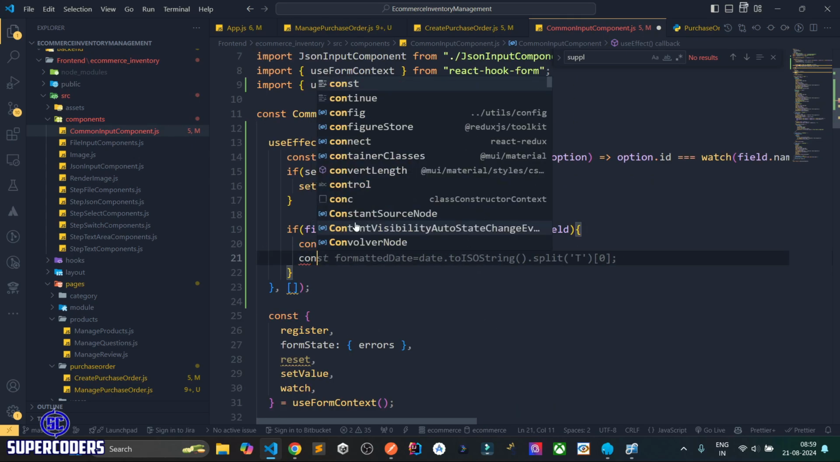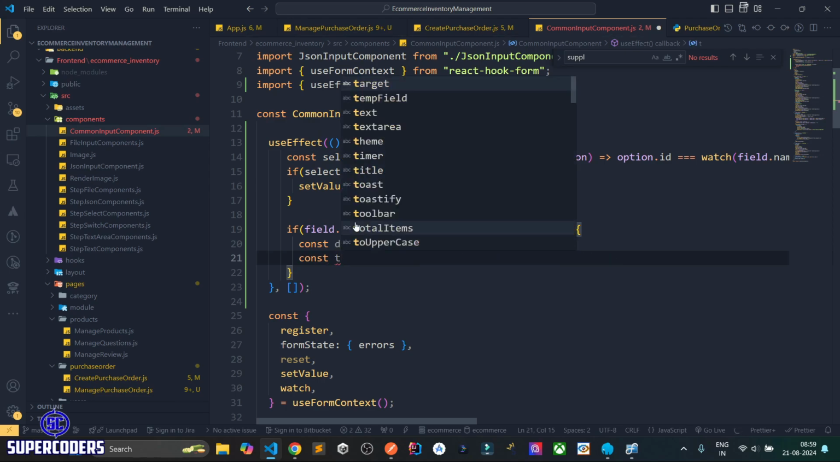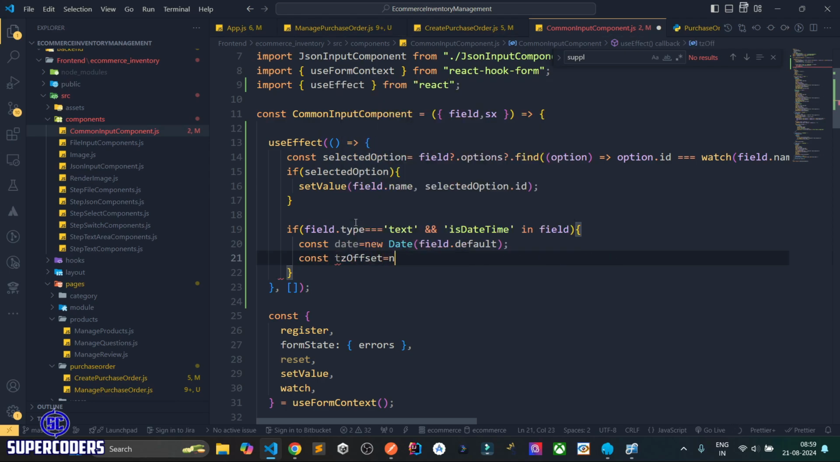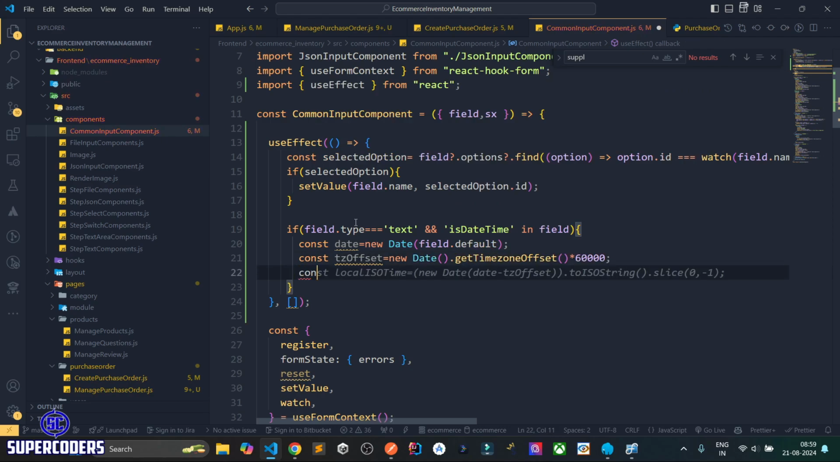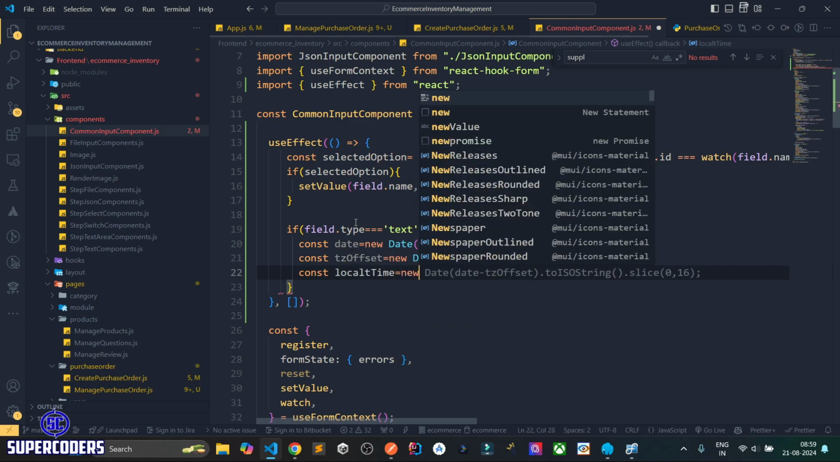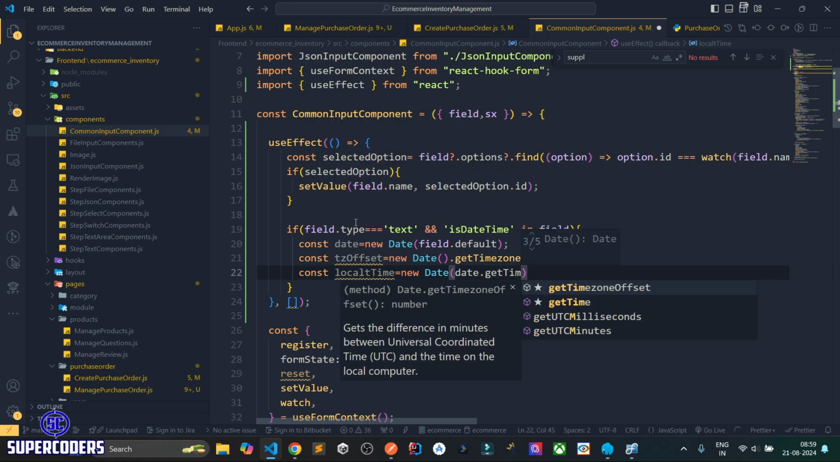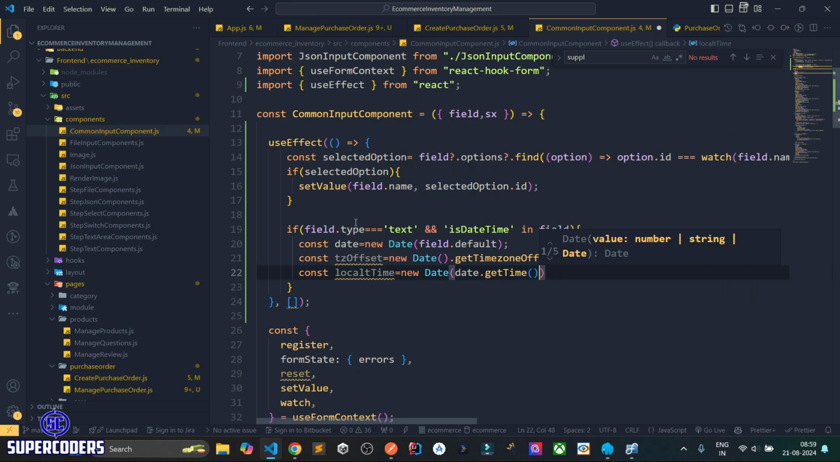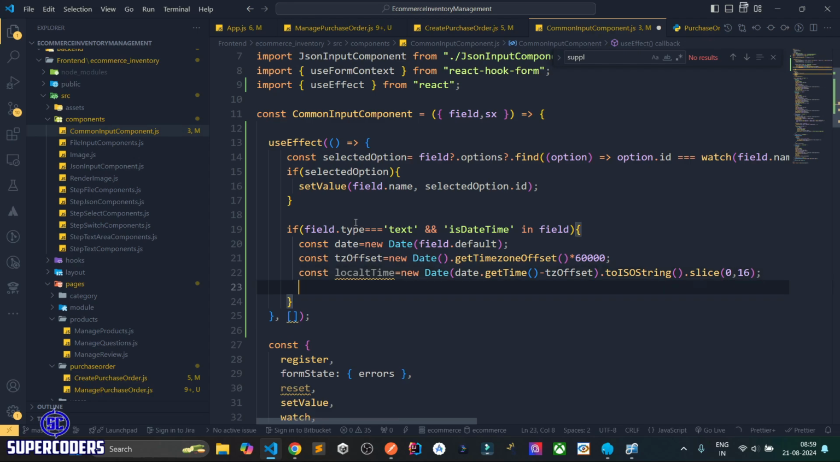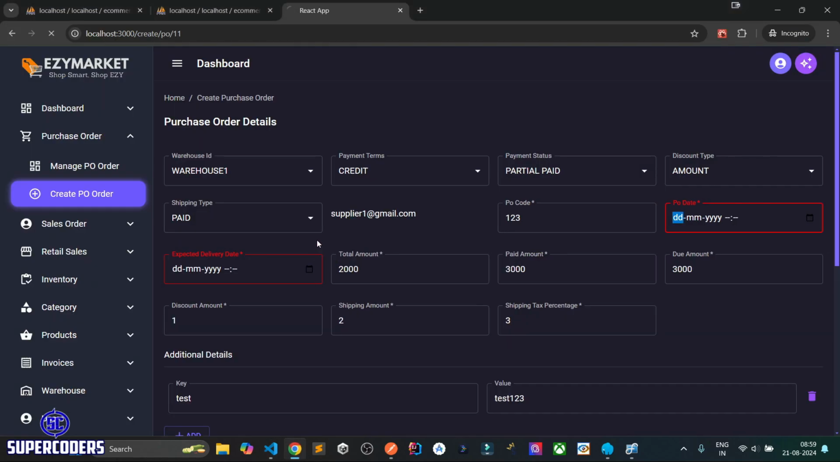After that, const tzOffset equal to new Date dot getTimezoneOffset. After that, const localTime equal to new Date date.getTime minus tzOffset dot toISOString dot slice 16. Then setValue field.name localTime. Now save it, back to Chrome, refresh page,